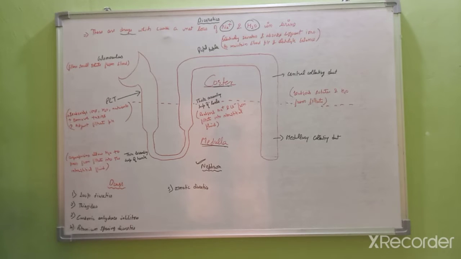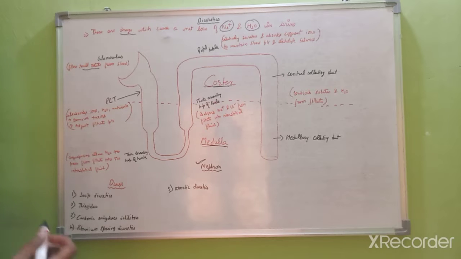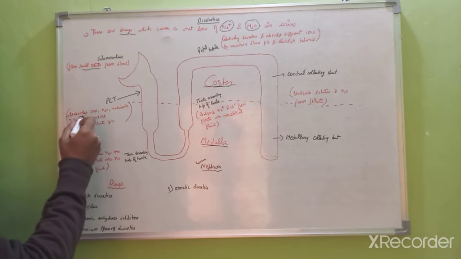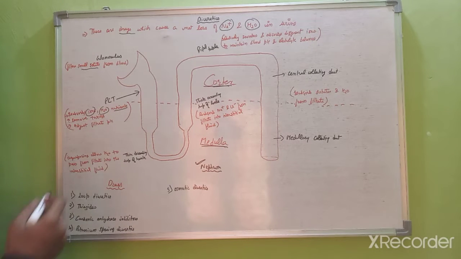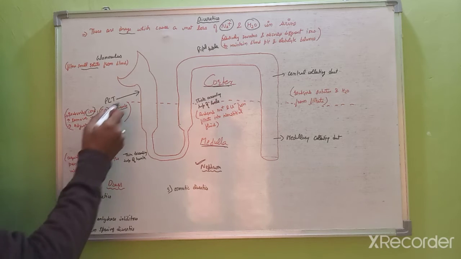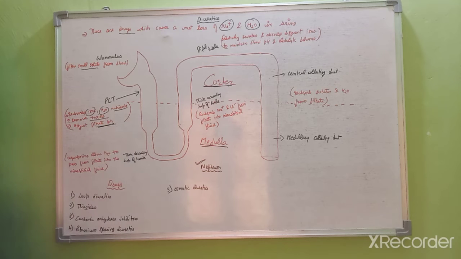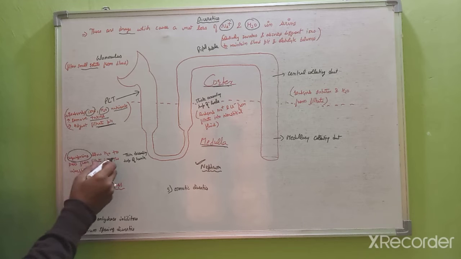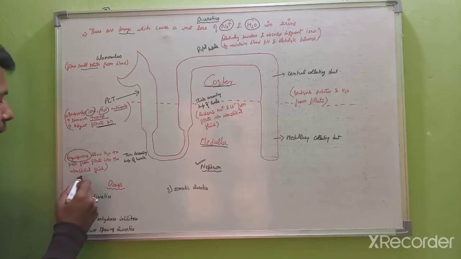The glomerulus filters the small solutes from the blood. The PCT reabsorbs the ions, the water, as well as the nutrients, and removes the toxins, and the PCT also adjusts the filtrate pH. Next is the function of the thin descending loop of Henle. The thin descending loop of Henle has aquaporins. The aquaporins allow the water to pass from the filtrate into the interstitial fluid.